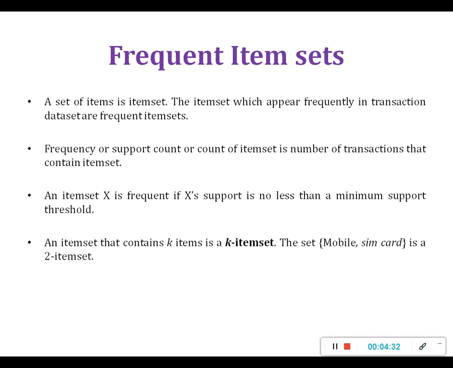So that's why K has the value 2, and I will call it a 2 item set. If the support of an item set is greater than or equal to the minimum support, then it is called a frequent item set. So the minimum support is given. If we are solving any example, they mention the minimum support, and according to the minimum support we are going to say whether a particular item set we have chosen